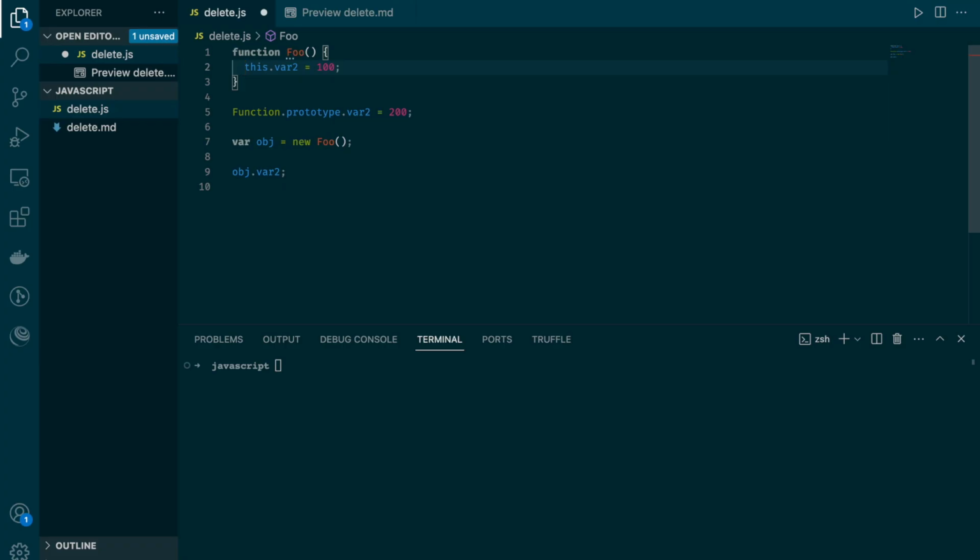But if we uncomment this and save it, it will return 100 because JavaScript will already see it there, so it will not bother going down to the prototype object to look for it. So here it will return the object, it will return 100. Now